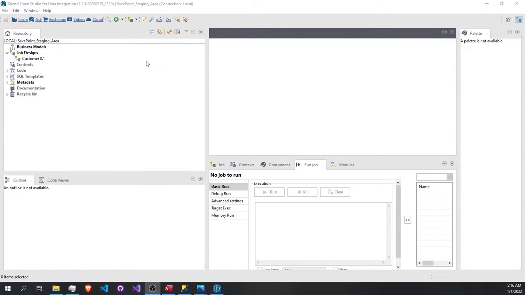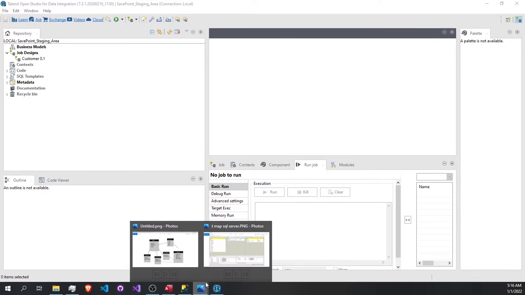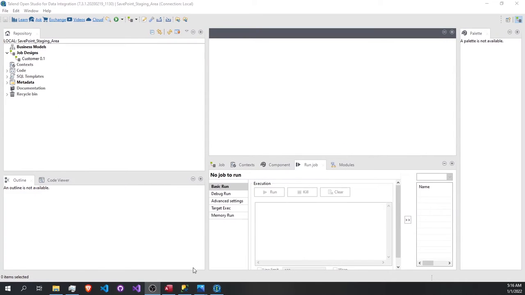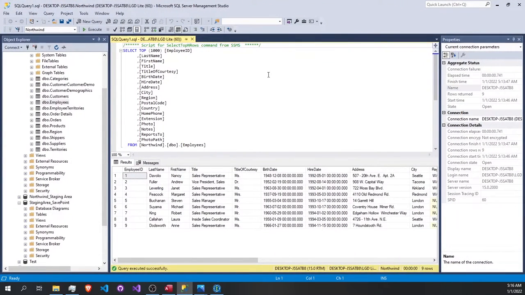Hello everyone. So in this video we're going to create the employee table, which is the dimension for our data warehouse, and we need the employee ID and employee name. If we take a look in the SQL Server table here, we see that we have an employee ID and the last name and first name, so we can concatenate those two columns, and we are going to have our employee